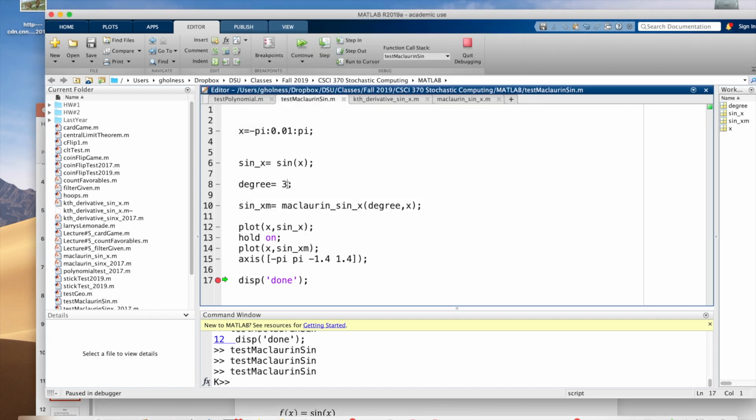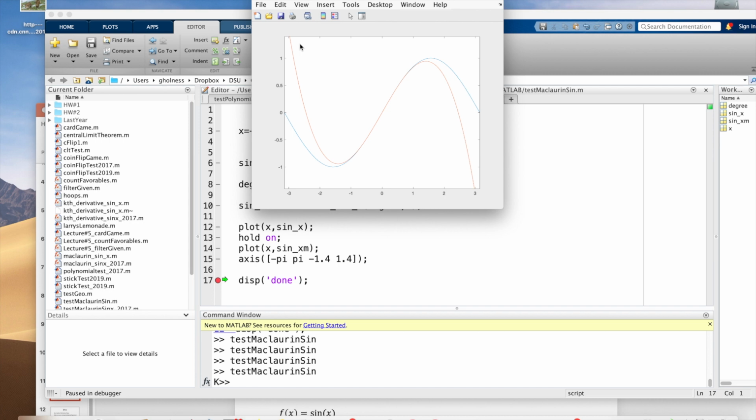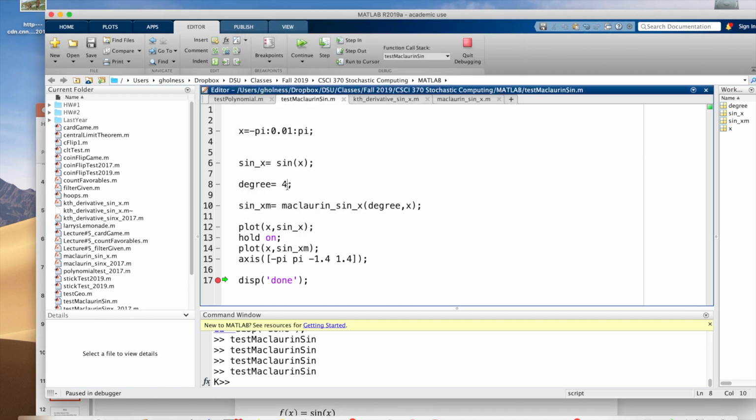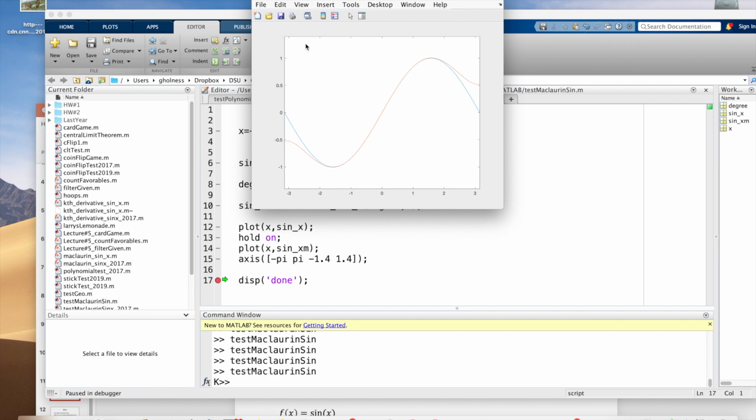Let's bring in a little bit more wiggliness, degree 4 wiggliness, and see how that Maclaurin approximation does. When we run that, we see, all right, it's getting closer. It's closing the gap in places where it didn't track before. So that's degree 4. Let's try degree 5 and see what happens. Well, wait a minute, it's getting even closer. It overshoots a little bit, right? It's trying to turn when the sine wave, the blue, is going straight. But the gap between the approximation in red and the actual sine wave in blue is getting much, much closer. Okay, that's good news.